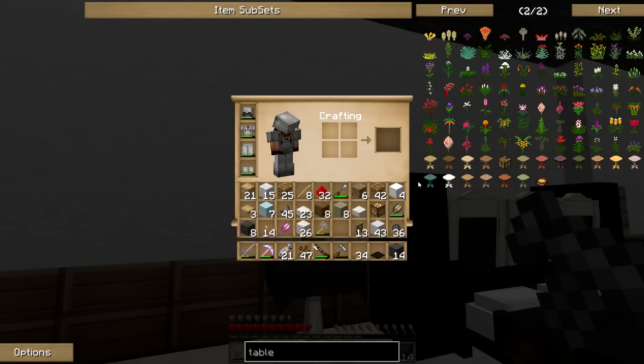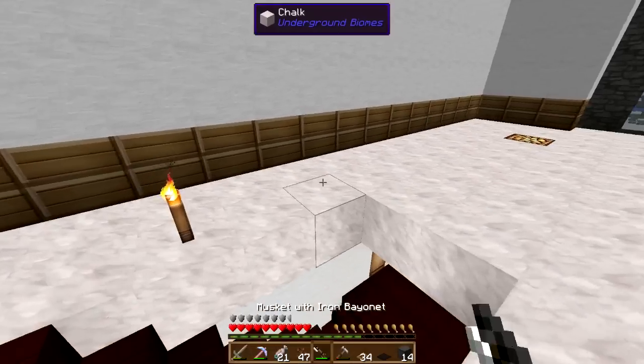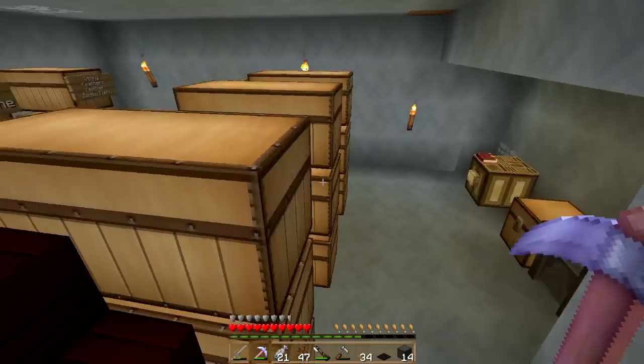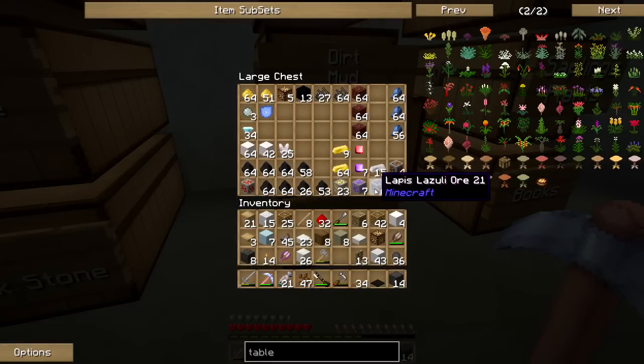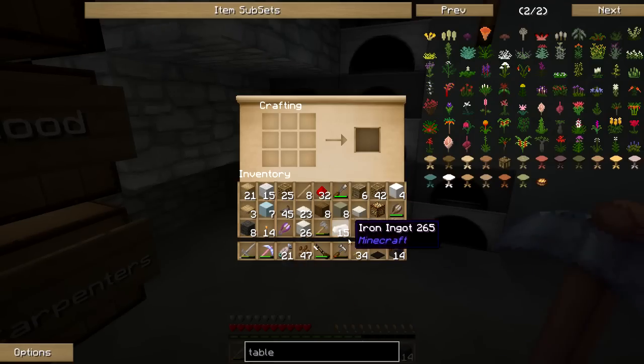But I want to texture this, and I think I want to texture it something kind of, not gaudy, but something that looks more ornate. So let's see what kind of blocks we have. Let's go in the middle and gemstones. And I do have some gold. I could do some gold lamps right there. I could also do iron lamps. Let's take maybe an iron block. Let's try that. It's going to be relatively expensive, but